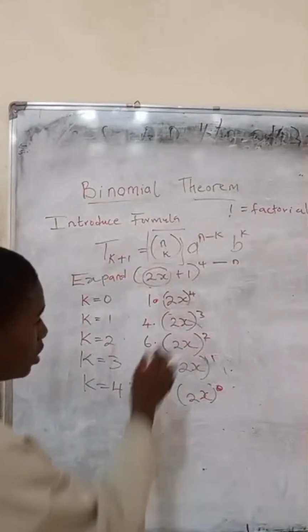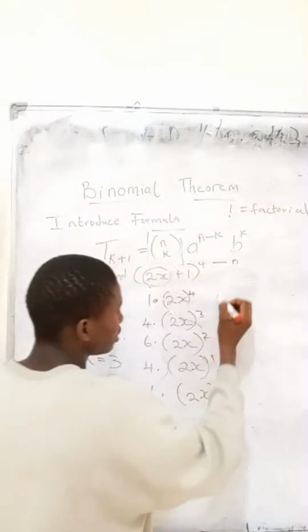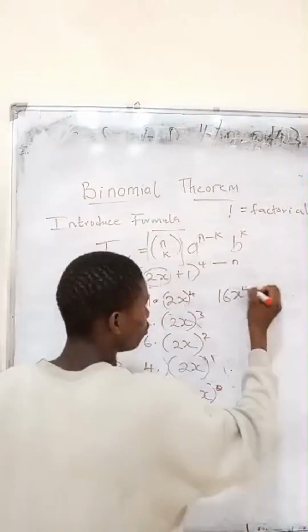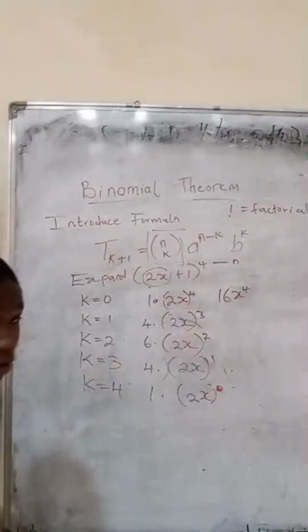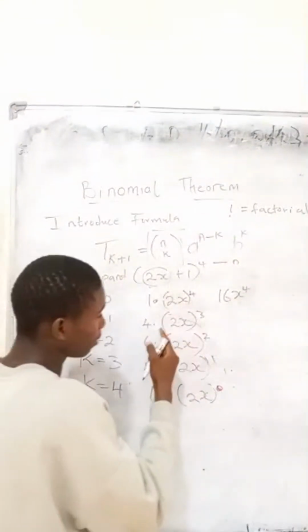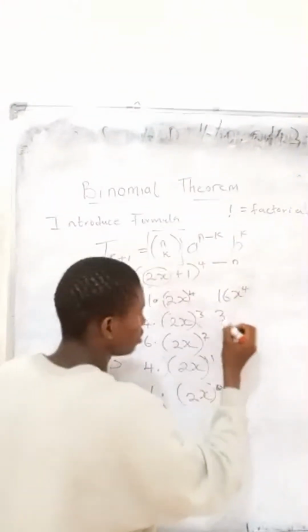So now, from this point, we are going to be having 2 raised to the power of what? 2x, which is going to give me 16x raised to the power of 4. Because 2 raised to the power of 4 is 16, and x raised to the power of 4 is x raised to the power of 4. So from this point, I'll still have 2 raised to the power of 3, which is 8. Then 8 multiplied by this is going to give me 32